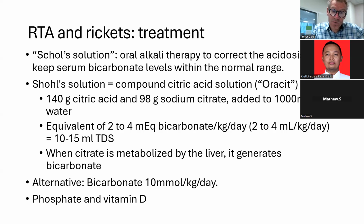Children have to take quite a lot of it, so 5 to 10 mils of this preparation. I've just given you here the Shohl's solution recipe: 140 grams of citric acid, 98 grams or 100 grams of sodium citrate. You can buy that mostly at some pharmacies, and some grocery stores have sodium citrate. So you can make it up yourself, which I've done in the past. You have to add that to a litre of water, and then the children take 10 to 15 mils